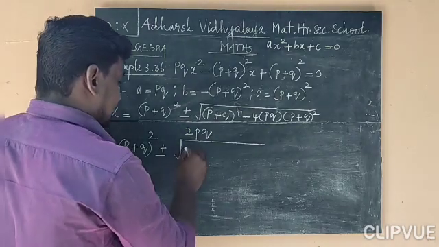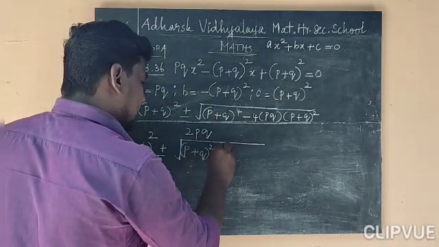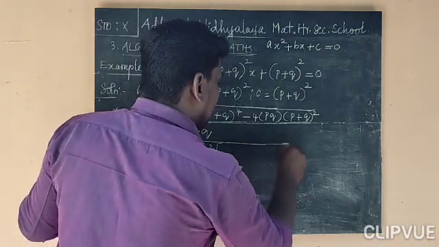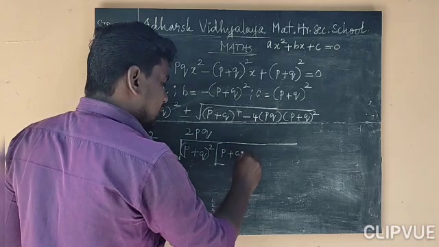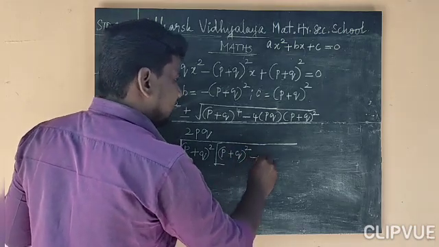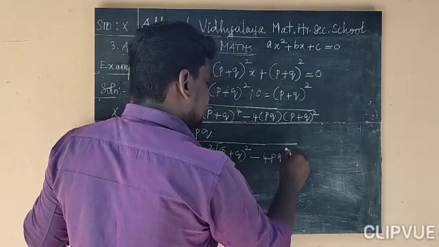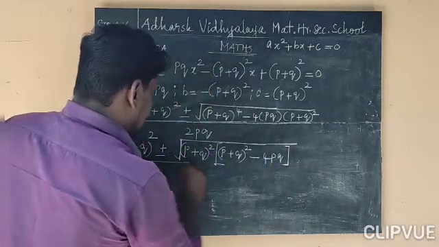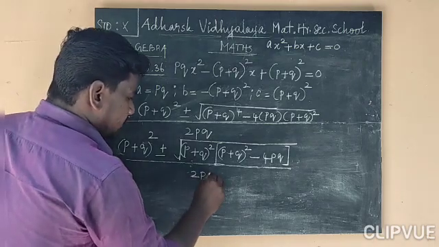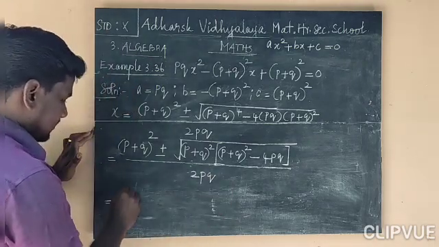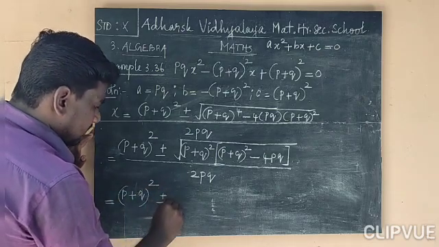So if you take that out, you will have remaining p plus q whole square is there, p plus q whole square minus, already we took this out, so minus 4 pq, whole divided by 2 pq. So p plus q whole square plus or minus root of,